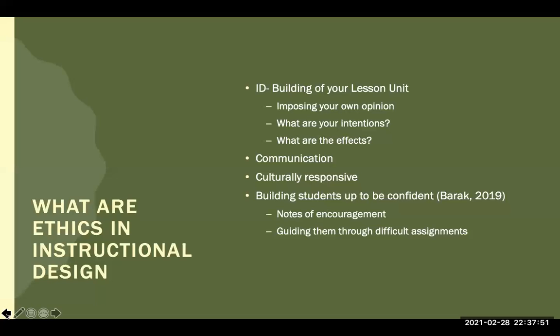What can we do to better them? How can we support them through those? If you know a student's going to struggle, how can you effectively reach out to them and make sure that they know that you're there to help them if they need it, or if they get stuck, that you can help them walk through a problem or a discussion. Making yourself available to them is huge, especially with technology.